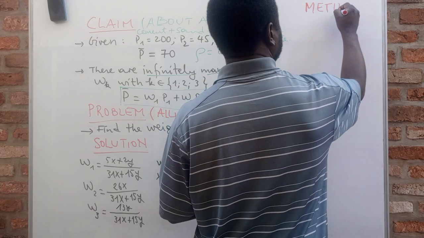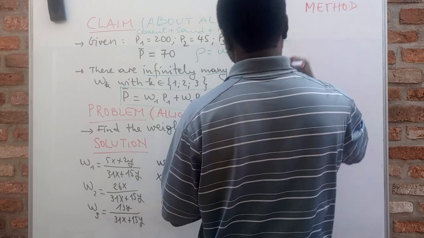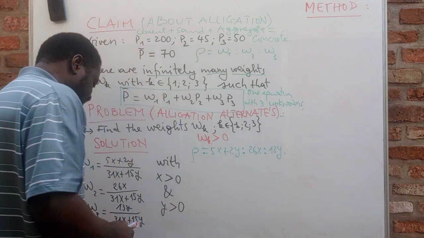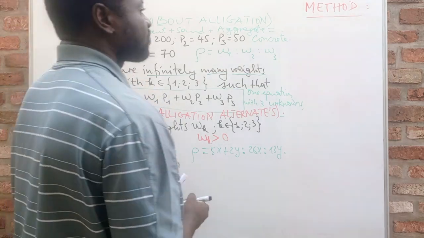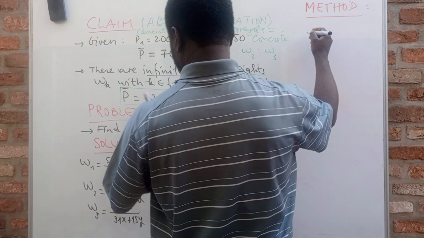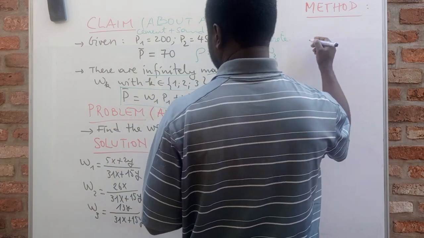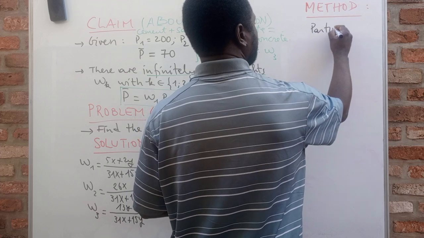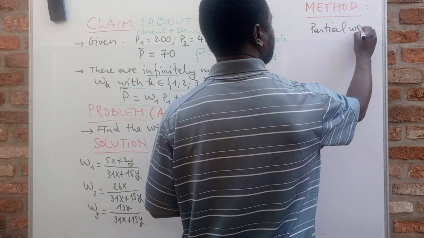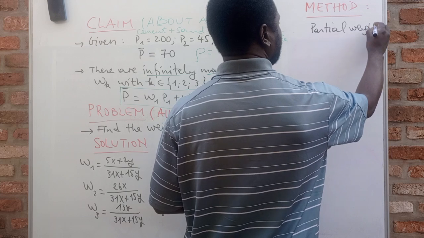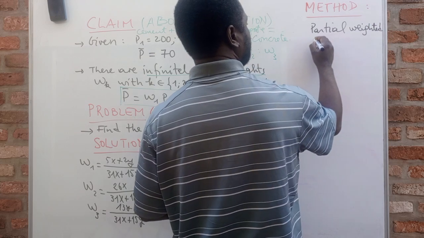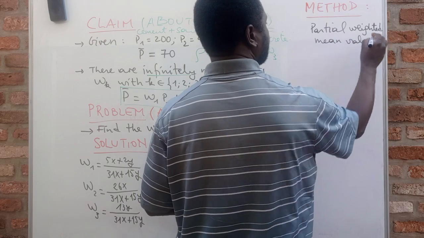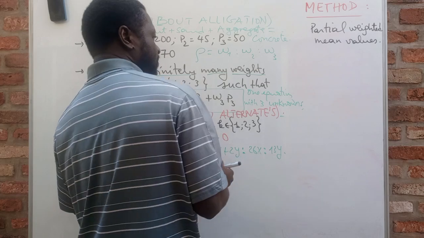The method which is used here is the partial weighted mean values method. It means that